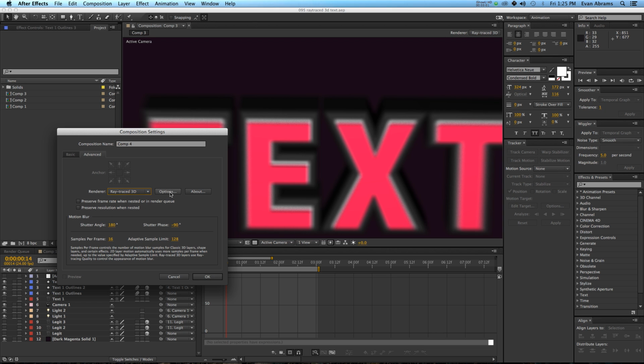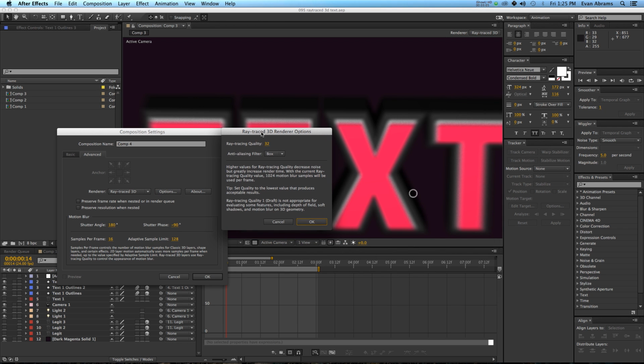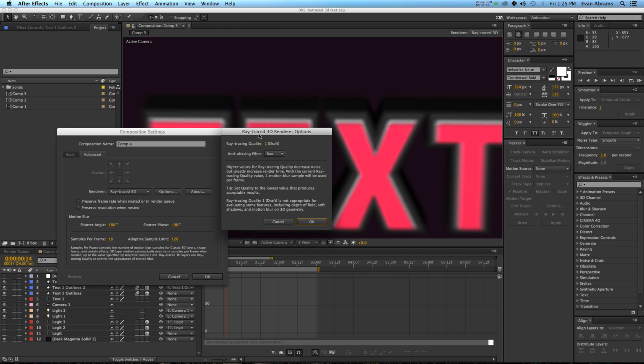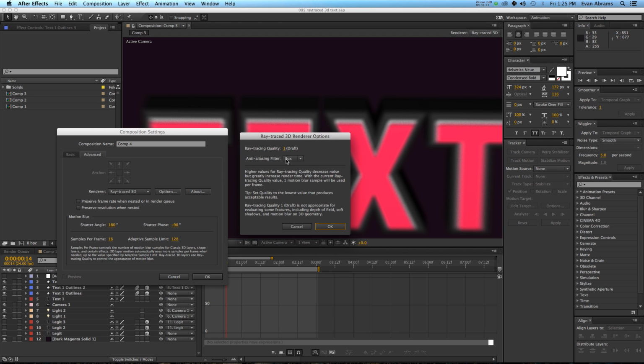So we select RayTraced 3D, then we go into the options. This is where you choose the ray tracing quality, 1 being the worst or draft setting. So I'm going to set it to 1, and we're going to work in those settings for now. Also in here, I forgot to mention anti-aliasing filters: either none, box, tent, or cube. This is the type of algorithm it's going to use to figure out where lines should be. This dialog box explains a lot of things to you, and it gives you